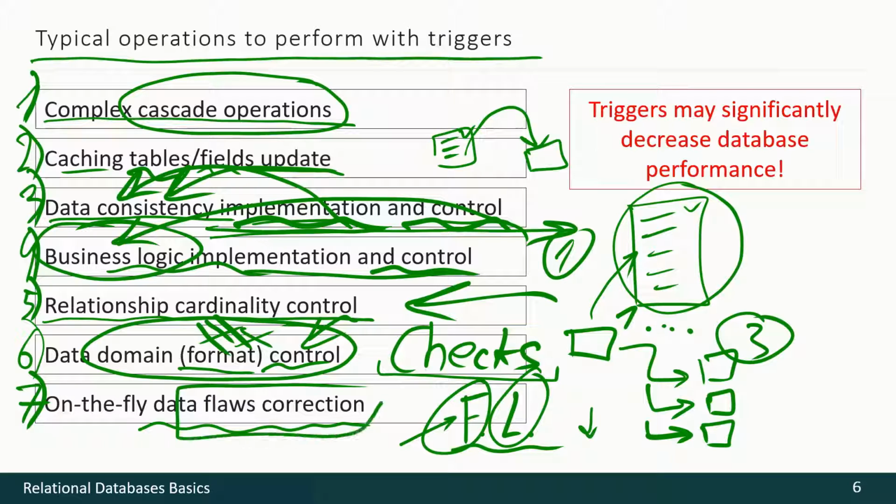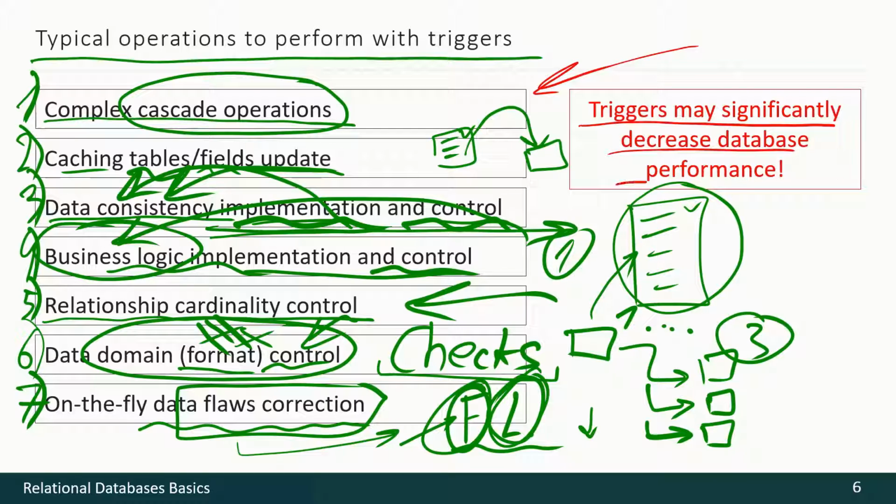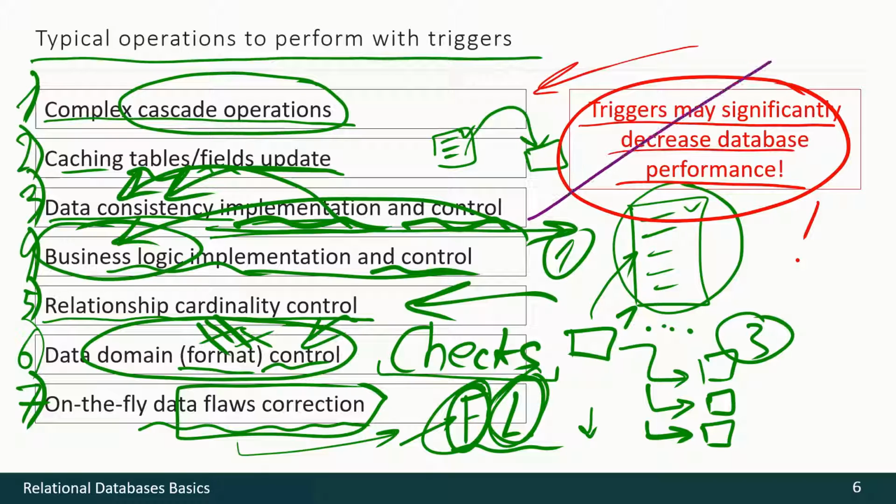So why not correct this information with a trigger? We may just convert the whole string to lowercase and then make the first letters uppercase. And yes, triggers give us a lot of capabilities, but they may significantly decrease database performance. So be attentive when creating a trigger, because you may significantly decrease your database performance. In order to avoid this situation, read the documentation and perform experiments to analyze the performance with a trigger and without a trigger.